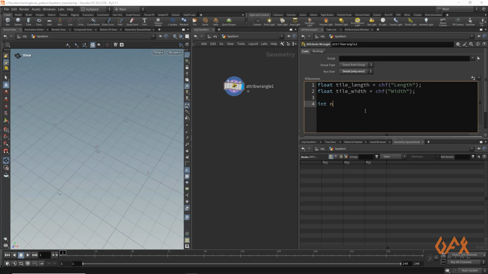So I just write down integer number of columns is equal to chi num columns, and integer num rows is equal to chi number of rows.